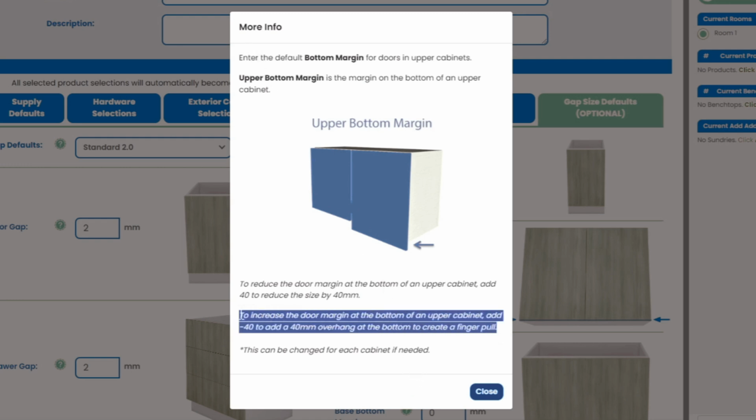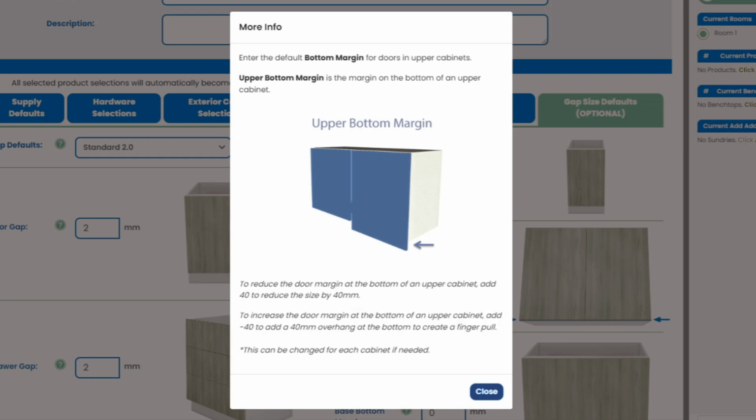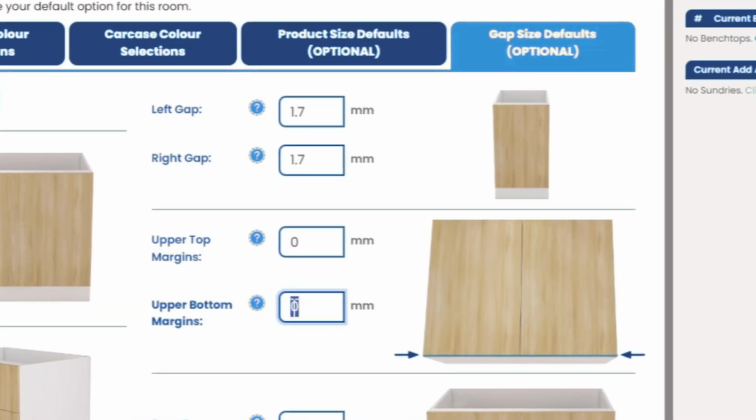You'll see from the example that if you're wanting to create a finger pull for your overhead cabinet doors, you would simply add a negative margin in this particular field. So if we add a negative 30 margin in this field, you would be extending the door 30mm below the carcass, which means that every upper cabinet product that you add to the order will automatically apply a 30mm overhang. There are also visual representations of what margins you are changing to help with what and where